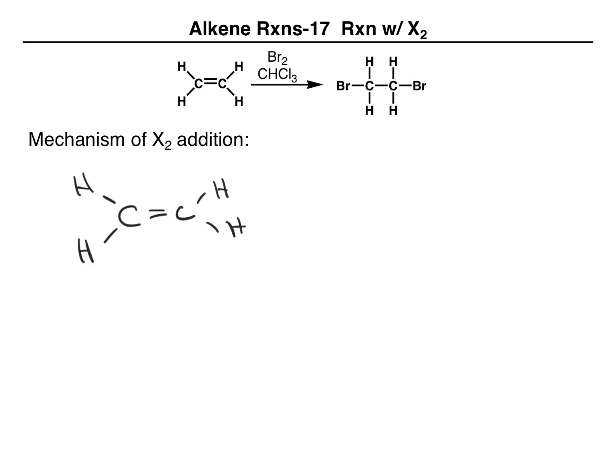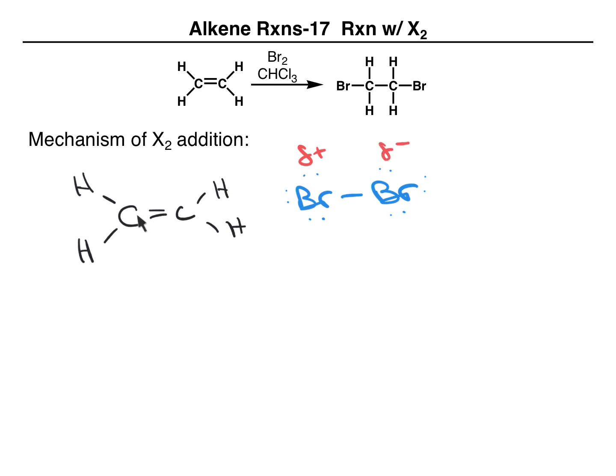So this alkene will react with bromine. Now, with HBr, we had a distinct difference in electronegativity. So there was a permanent dipole. With two atoms of bromine, they have the same electronegativity, but still this molecule is polarizable. So the electrons can gather on one side or the other. Remember, this is the basis of London dispersion forces or induced dipole interactions. And so it could happen that this bromine takes on a partial plus and this bromine takes on a partial